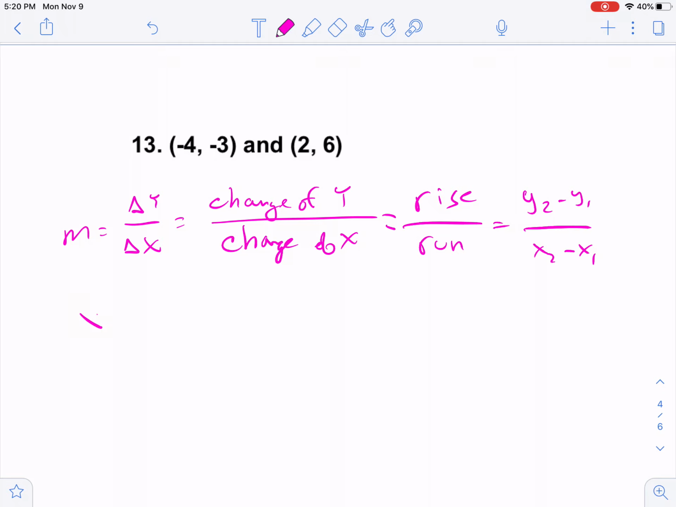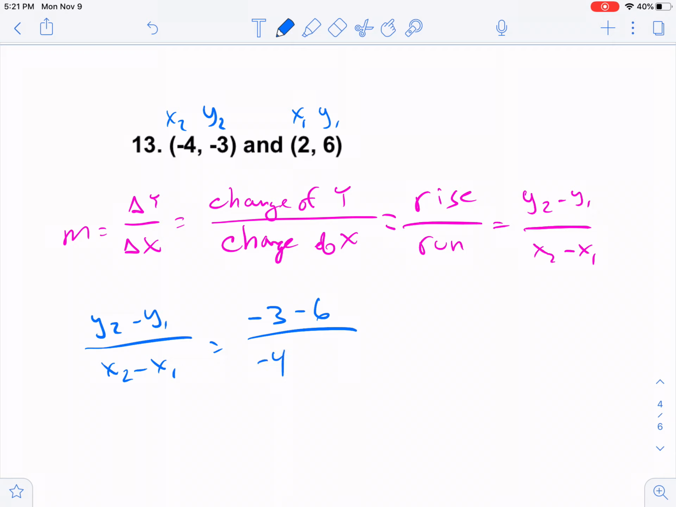So I'm going to label them. We'll call this x1, y1, x2, y2. And it doesn't matter, actually. I could also do it this way. It actually does not matter. This is the amazing thing about math. This still works. So what is y2? We'll say negative 3. Negative 3 minus 6 over negative 4 minus 2 equals